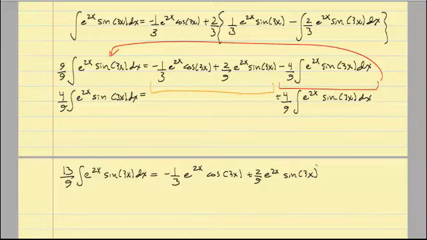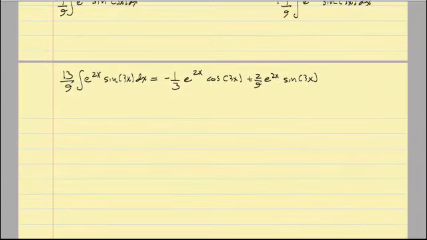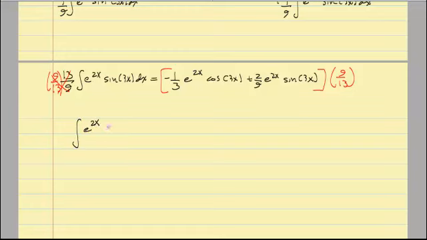And remember, the plus c will tack on in the end. Now I'm not quite done, because I don't want to know what 13/9 of these integrals look like. I want to know what one of these looks like. So I need to solve for the integral by multiplying both sides through by 9/13. Of course, whatever you do to one side, you have to do to the other. These cancel by design. That's how we wanted this. And I'm left with what one of these integrals looks like. Integral of e to the 2x sine of 3x dx